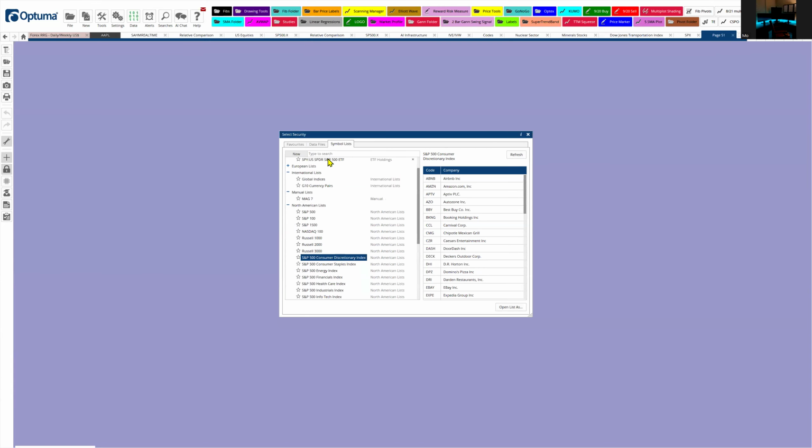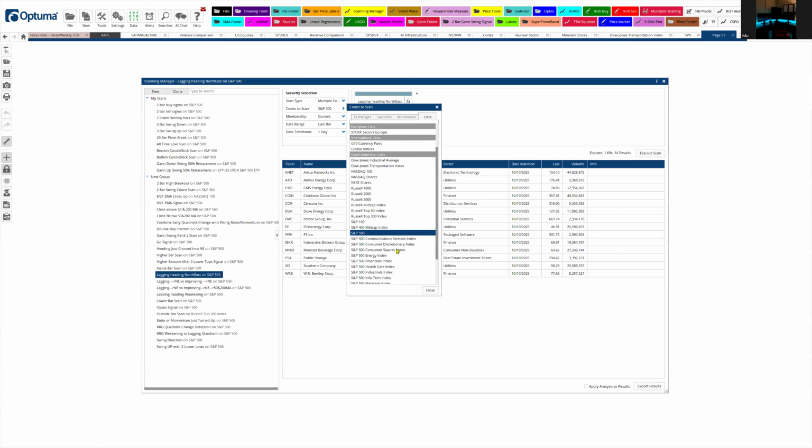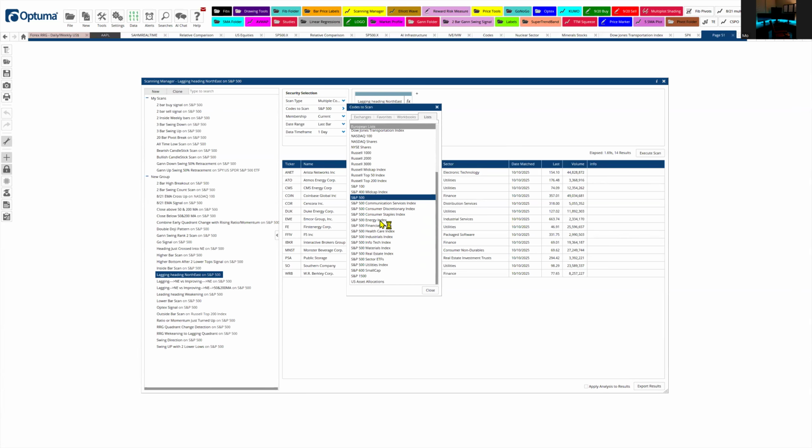So if I want to do the, see, there's no point in me running it because it's gonna break down individual stocks in that communication sector. I can do the S&P 500, it's gonna pull up everything. It just scans the entire universe of stocks,